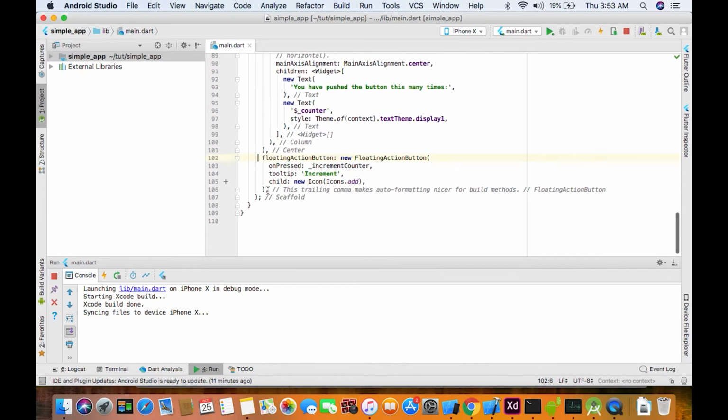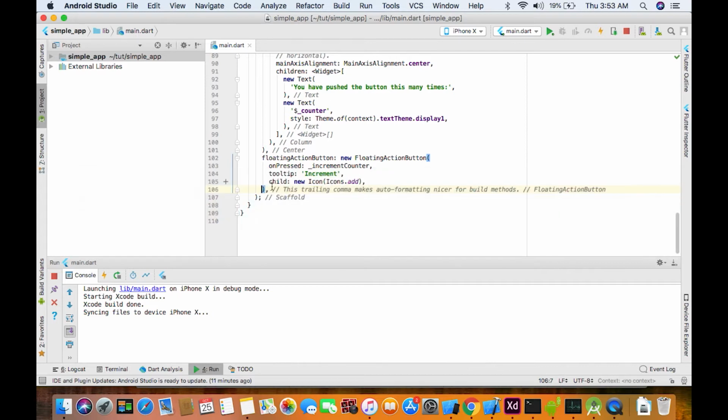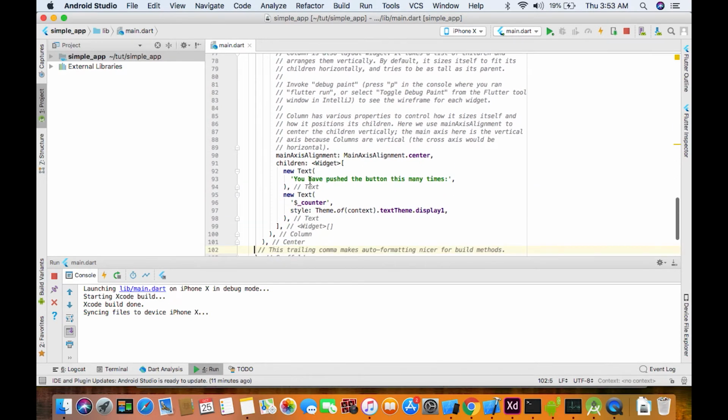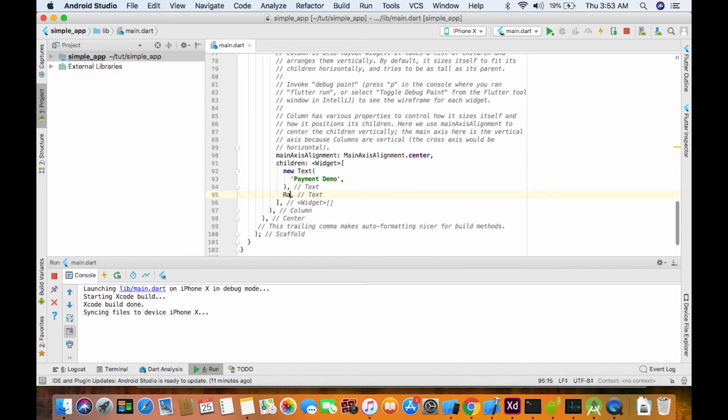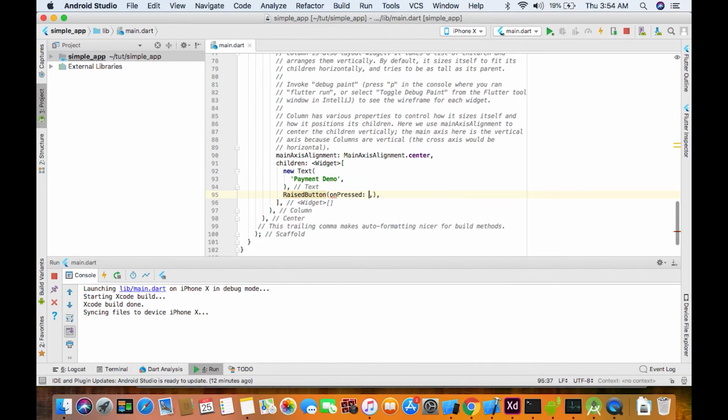So I'll just remove this floating action button. Just put something like click for payment demo, and I'll convert this to a raised button. On press, we'll do something like open native.